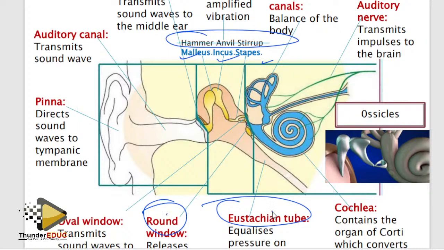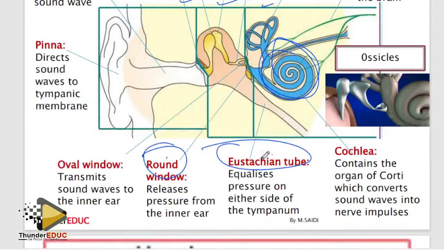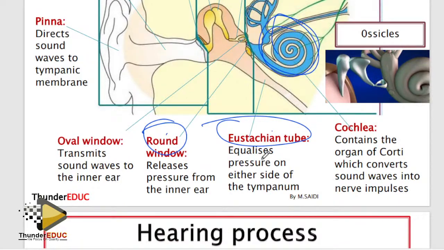And then this part, the cochlea and the semicircular canal. So the round window absorbs or releases. It's the same thing. It absorbs excess pressure from the inner ear, or releases it. When you absorb, you release what you have absorbed. Release the excess pressure from the inner ear. And then the oval window, what does it mean? Basically, on the oval window, what do you need to talk about? It just creates a pressure wave in the inner ear.